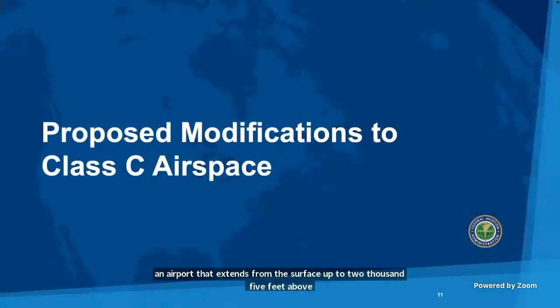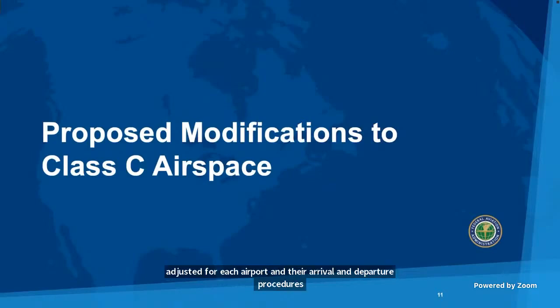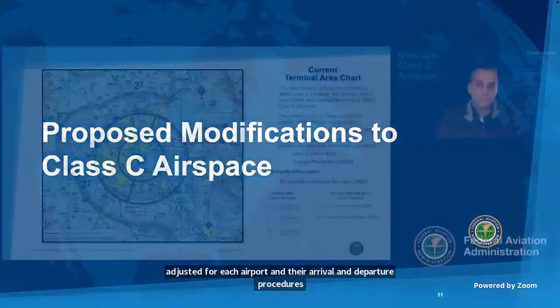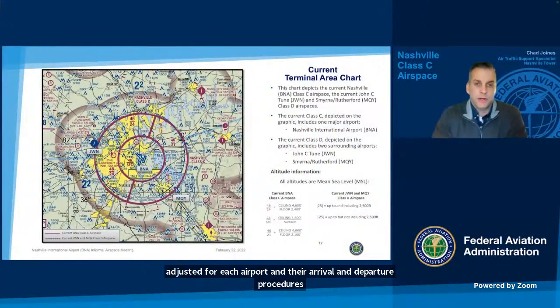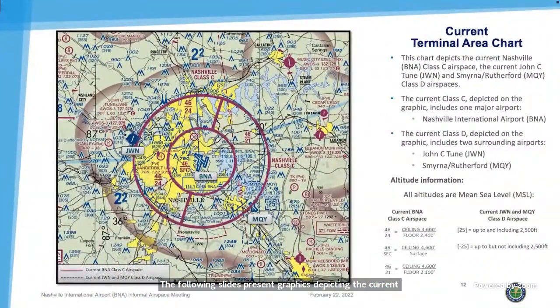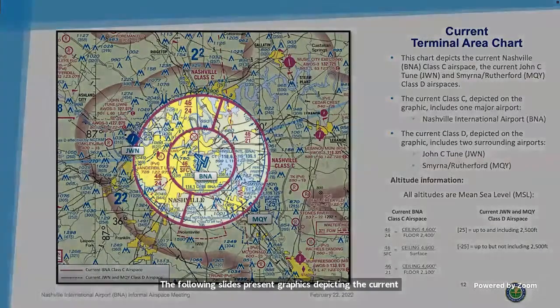The following slides present graphics depicting the current and proposed Nashville airspace. The FAA has studied this issue extensively, and the following graphics are a result of detailed work to design the proposed airspace. This graphic shows the current airspace chart for Nashville International, which is Class Charlie, depicted by a solid garnet line,